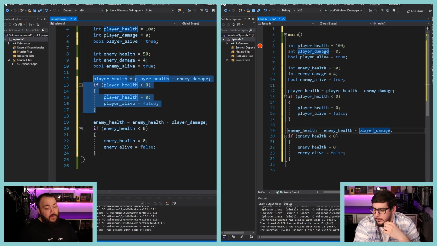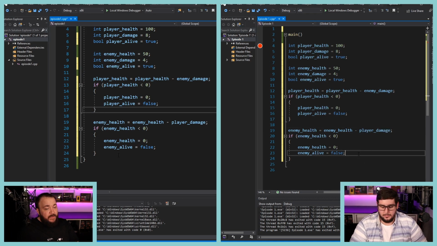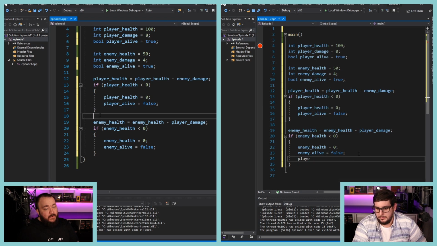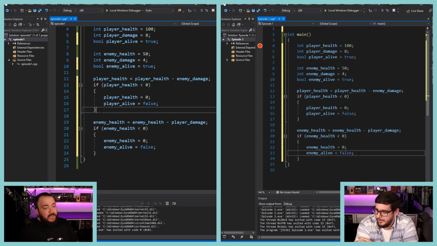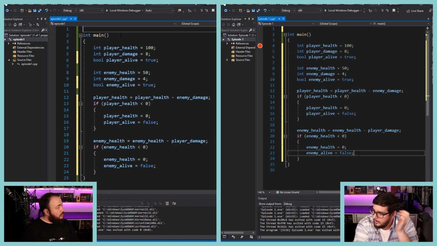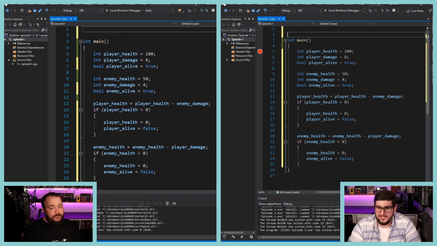Again, you see, this is the same code, right? It's doing the same thing. And this is why functions are so powerful. This code is okay. It's only one round. We want to do more rounds later on, but this is fine for now. So we want to take this code and put it in a function. What should we call this function? Make damage, make attack. Maybe just call it attack. Seems like a safe name.